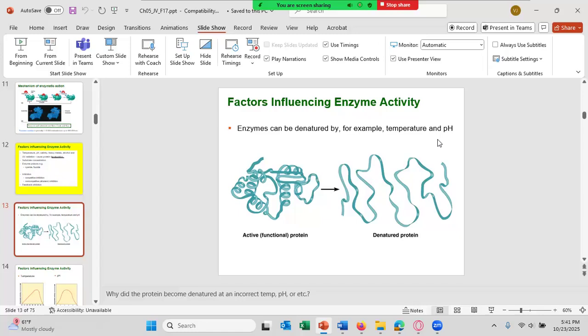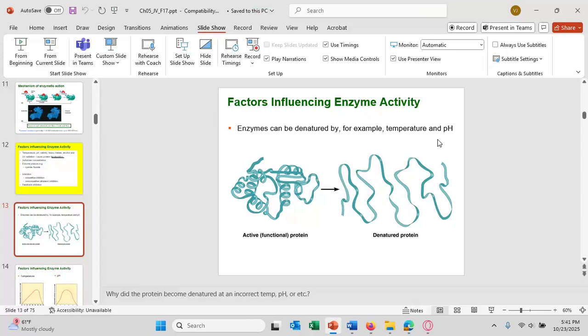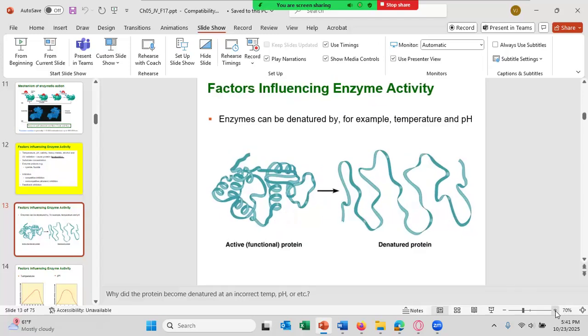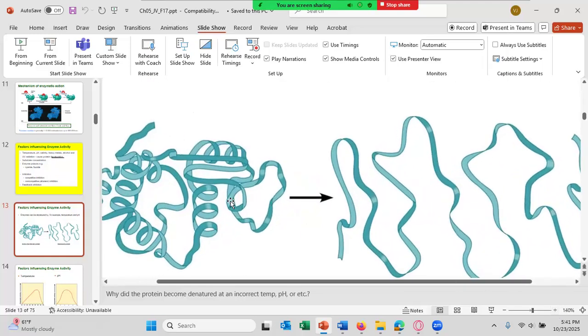Why did the protein or the enzyme become denatured at an incorrect temperature, pH, etc.? It's because for the enzyme to have its correct shape, there has to be an interaction between various amino acids. So right here and right there, these amino acids are being attracted to each other. But these amino acids over here are being repulsed from these amino acids. And you have to have the correct forces of attraction and the correct forces of repulsion to have the enzyme